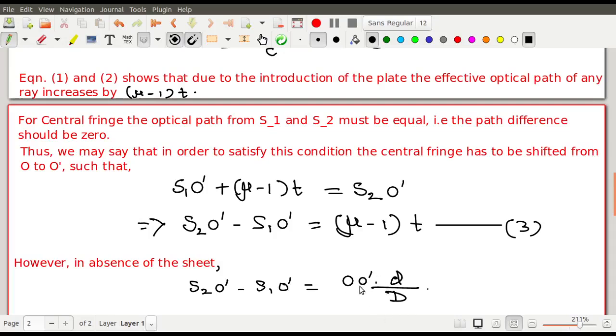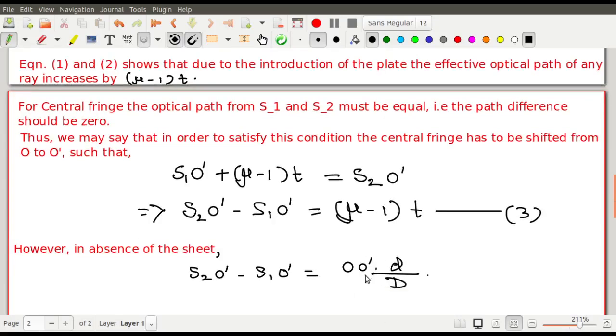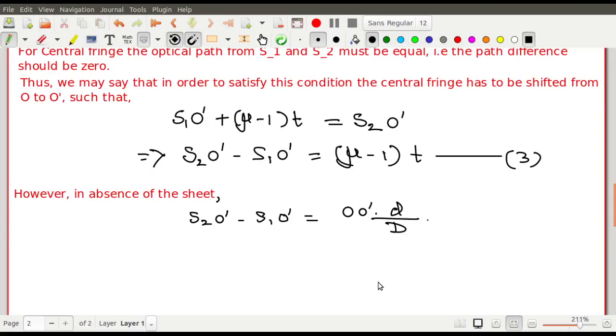Where will you find it? You will get it in the treatment of fringe width. I have called it xn. In the fringe width treatment you will see there was a point which I call xn,